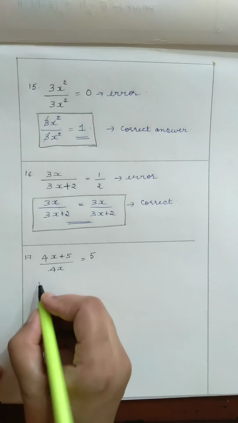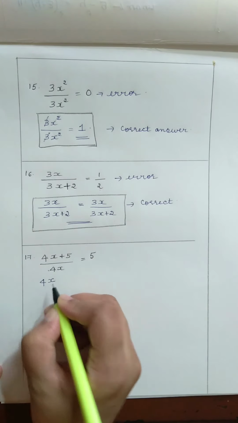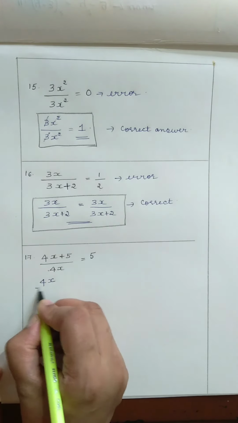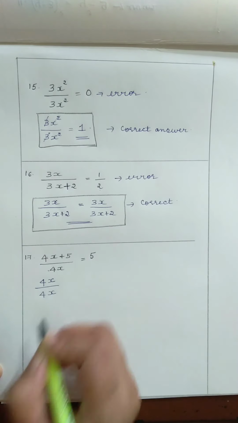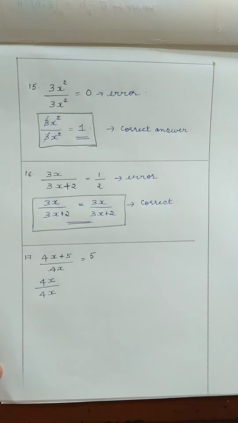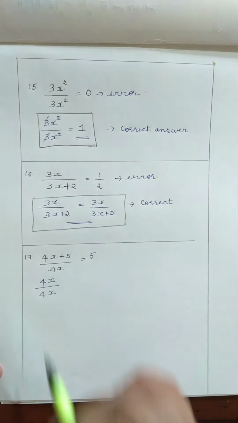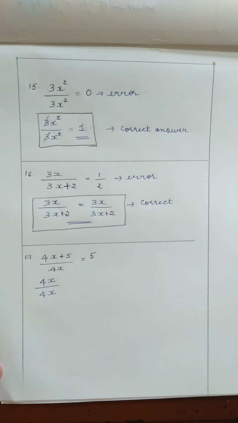So children, we have the 4x in the numerator. It gets divided by 4x of the denominator since it is a monomial. When you have the monomial term in the denominator, then you can split the numerator into two parts. Whereas in the 16th problem, you had plus 2, 3x plus 2. In that you can't simplify. But in the case of the 17th problem, the denominator has the monomial term, that is 4x.